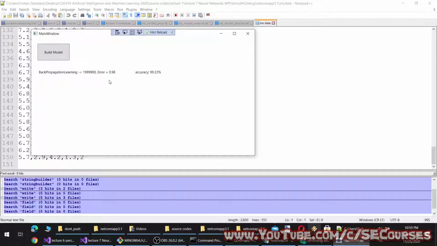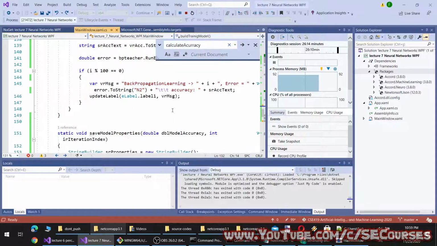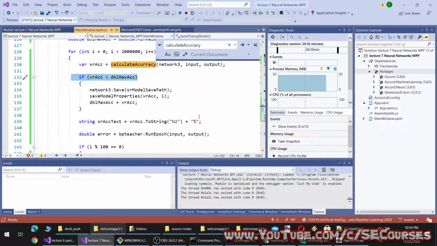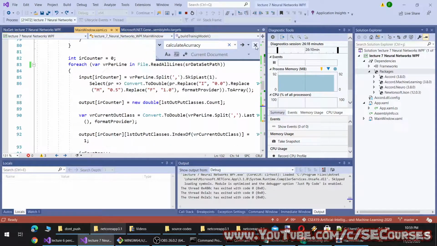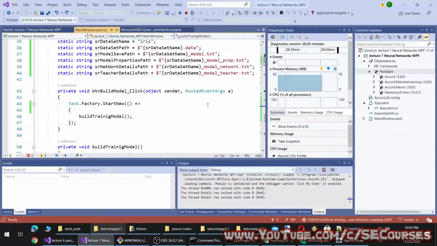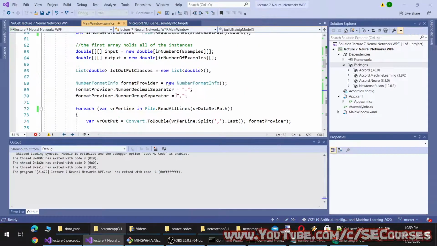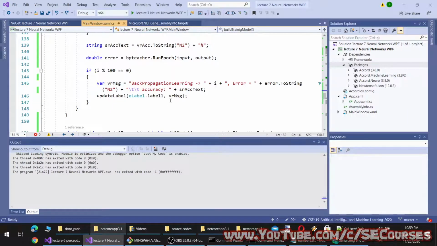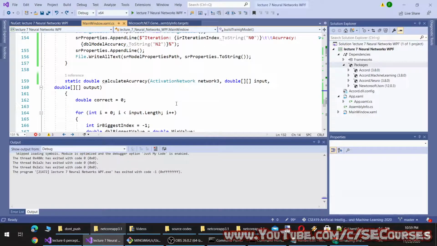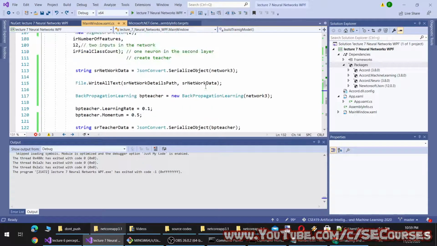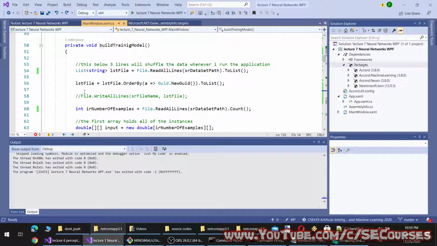Okay, so what else can we do to see the model's real accuracy on unseen data? I am going to split the data into test and training set, and then train the model on the training set and do the testing. So this is the proper way.